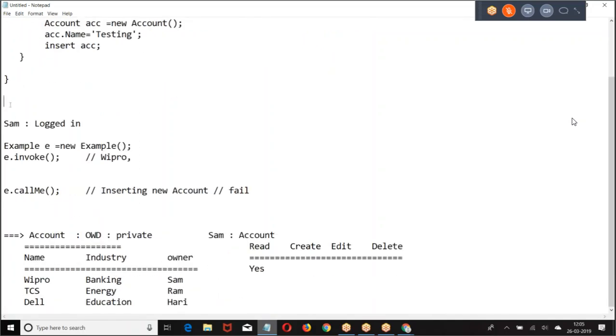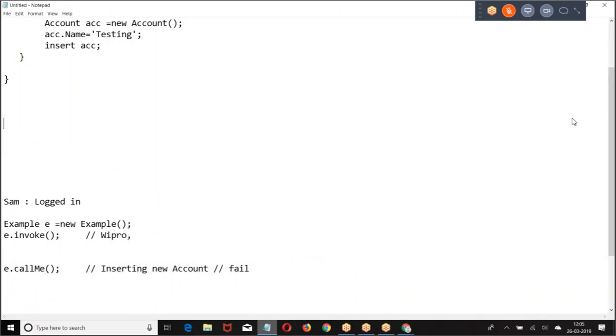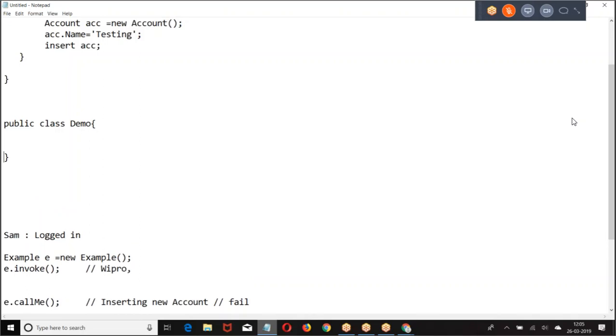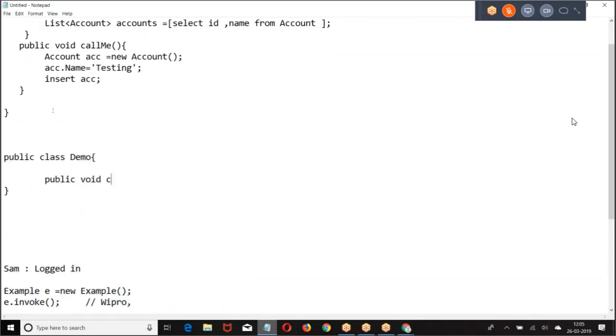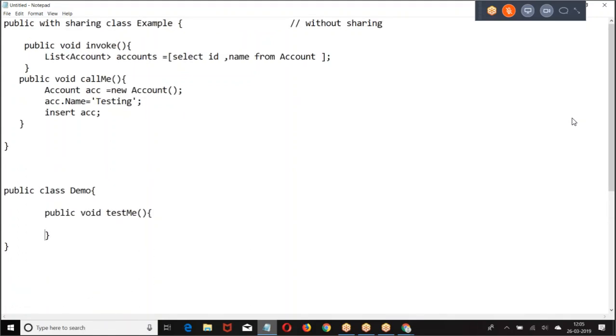Okay. Now, I have one more point here. Now, this invoke will run as with sharing or without sharing.